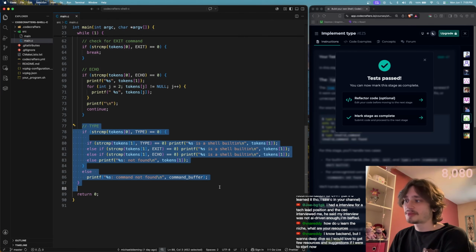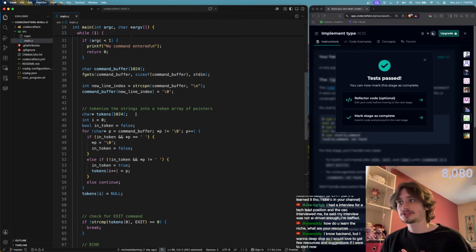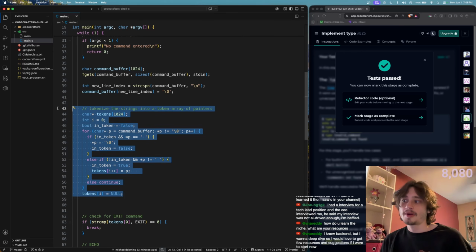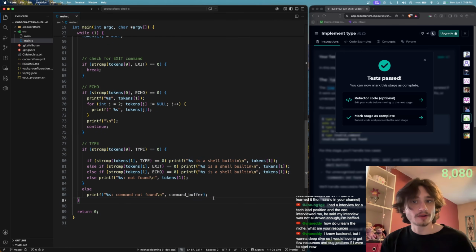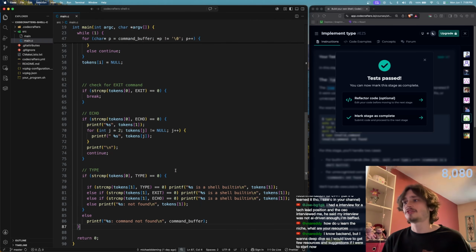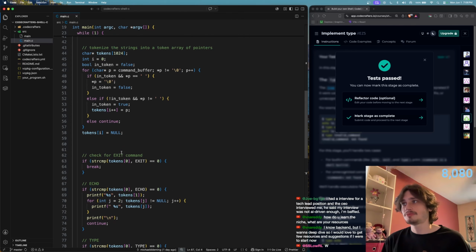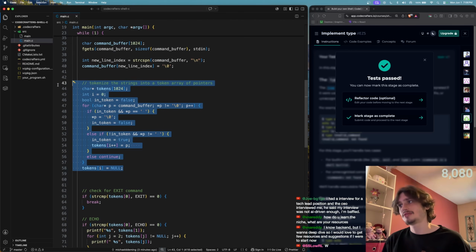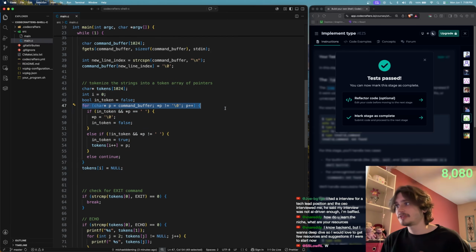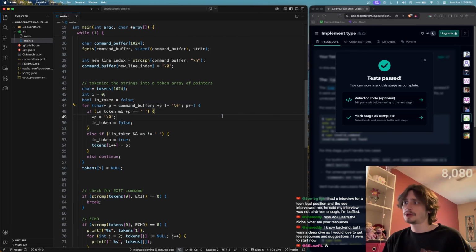So from last time we noticed that there was a bottleneck in our code for our shell. We had some pre-existing architecture that wasn't really the right way to go about things and was causing us difficulty finding the different tokens in our individual command. So we took the first hour of this stream to go back and do a tokenization process, using pointer arithmetic to loop through our command buffer, flagging when we're in a token and when we're outside of a token,